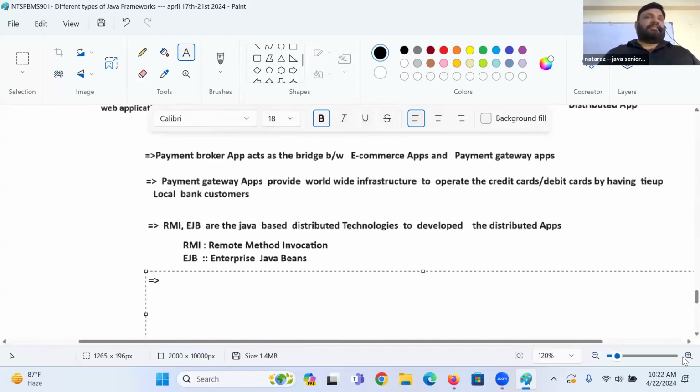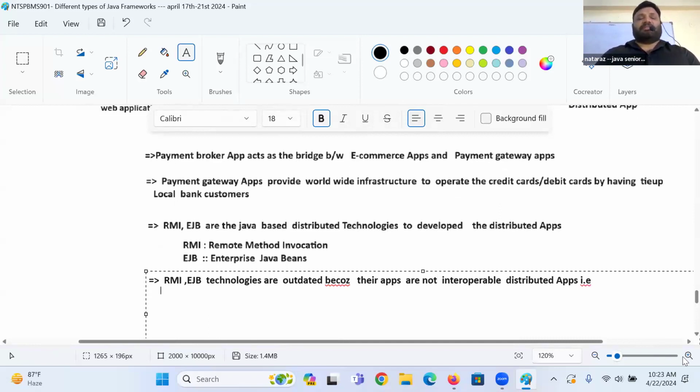RMI and EJB technologies are outdated. Why, guys? Outdated because their applications are not interoperable. Interoperable distributed applications.